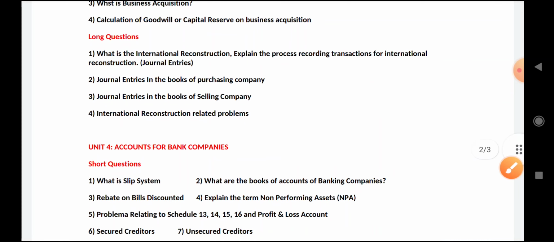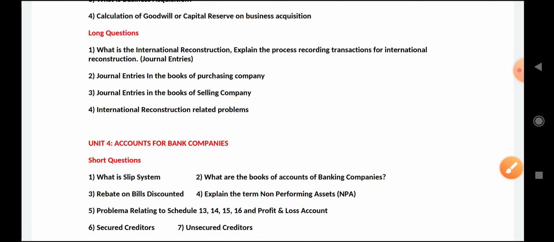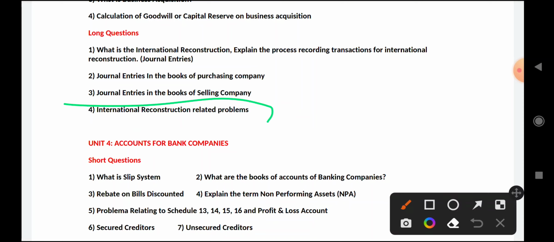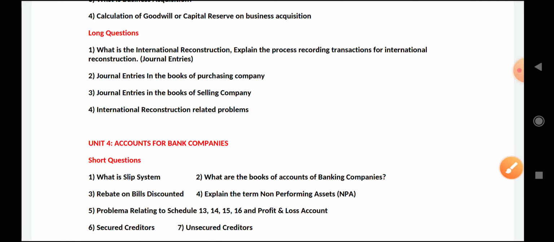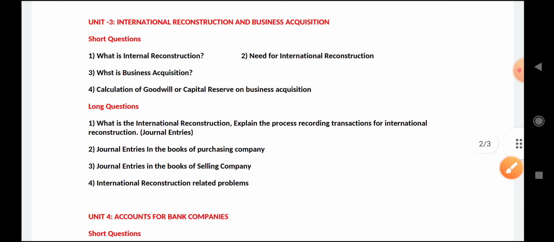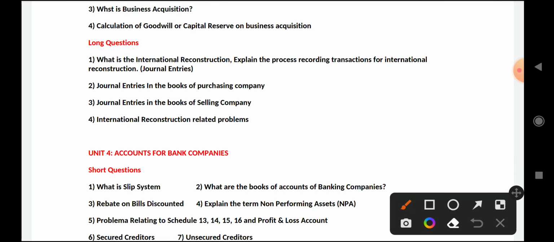Next, internal reconstruction problems you do, that will be more than sufficient. First preference you give for this, then additionally as a backup, because I am saying 2 units you should be perfect. So this is one of those units where fewer questions are there and you can easily convert. If you know general entries for the purpose of